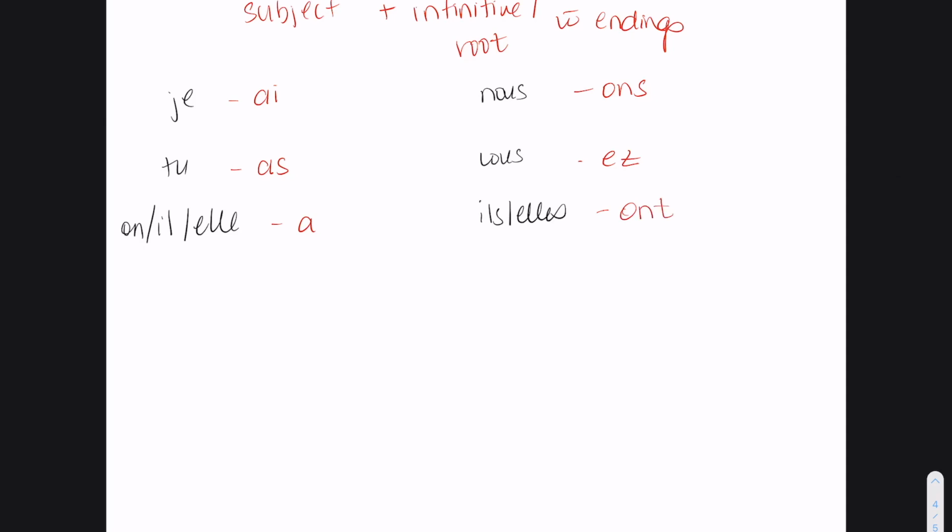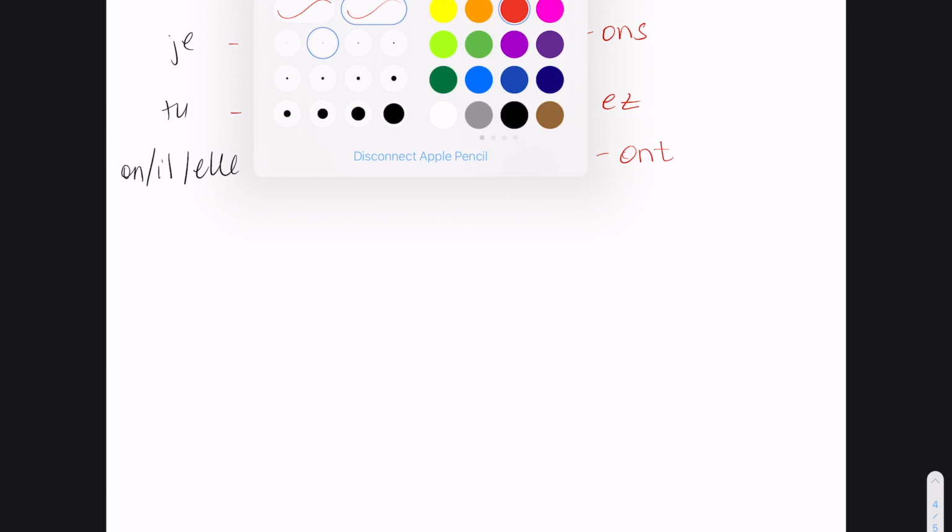Okay, so again, really similar to avoir conjugations. That seems to be a good starting point for a lot of our verbs, with the exception of nous and vous, which are a little bit different, which sort of just keep their endings the same. So not the full verb, but just the endings to the verbs. So what does this actually look like? Let's do some examples. So we have, for example,